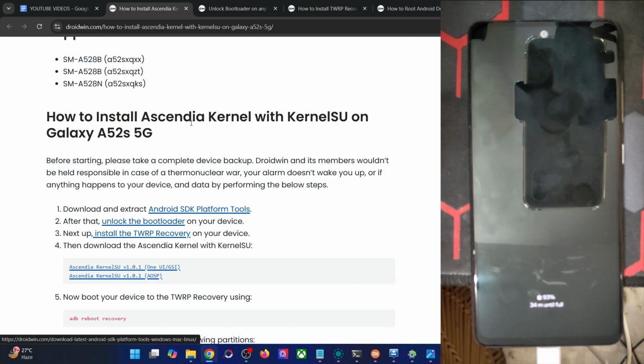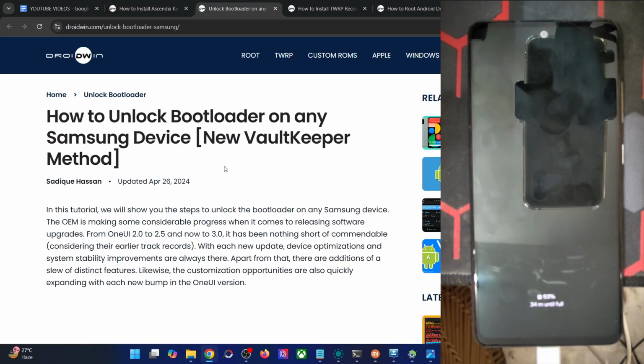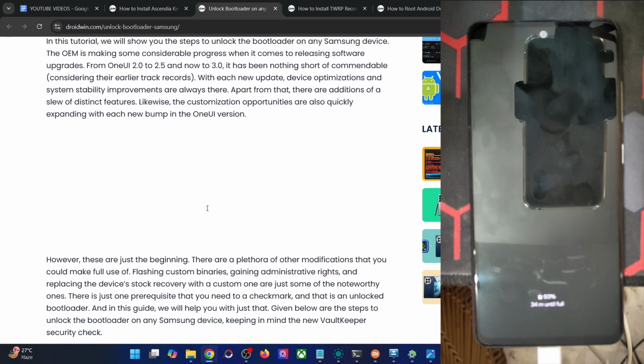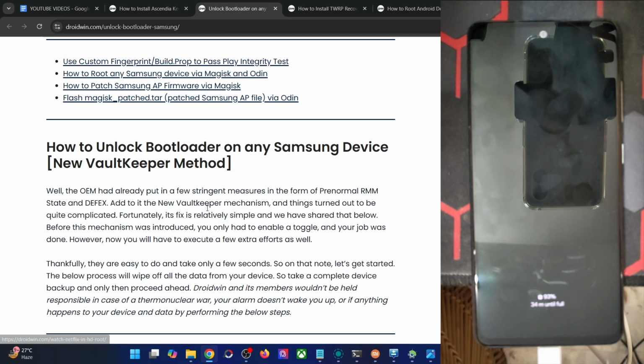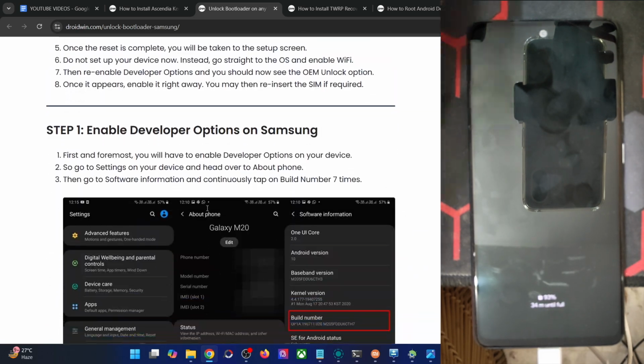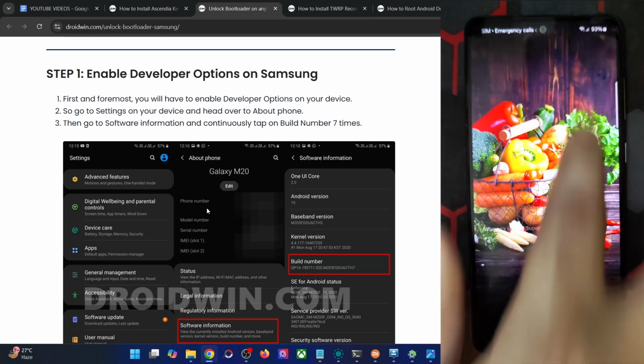unlock the bootloader. So do know that unlocking will wipe off all the data and it will strip the Knox as well. Once the Knox gets stripped, you will no longer be able to use various Samsung secure features, and there's no way of rectifying the issue with Knox. That is, there is no going back. Once the Knox gets stripped, it will remain stripped forever. So keep this point in mind, and if that's all well and good, then let's get started with the process of unlocking the bootloader. First off, you will have to enable USB debugging and OEM unlocking.